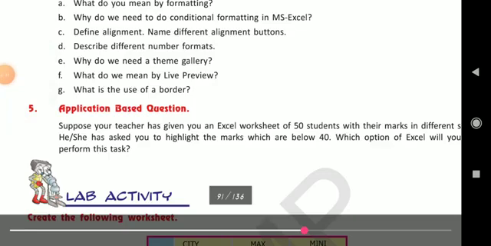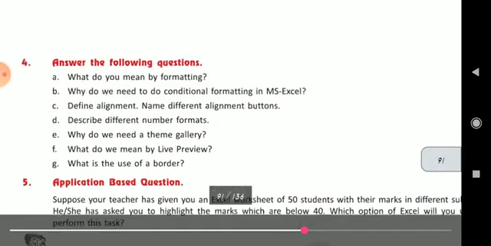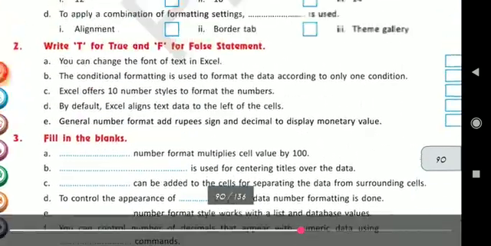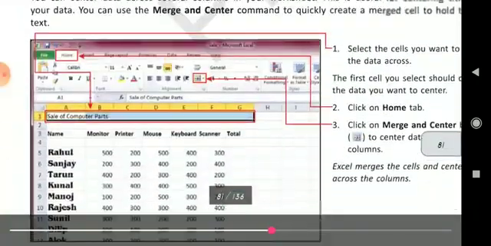Now coming to question number C, define alignment and name the different alignment buttons. So what is alignment? You can write the answer on page 81. You can see page 81. Okay.